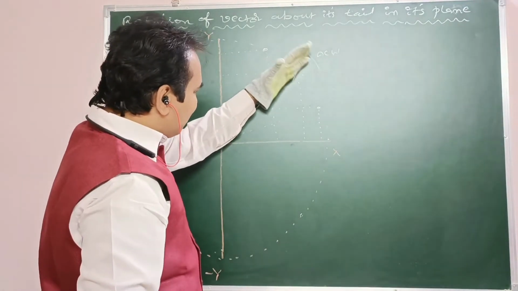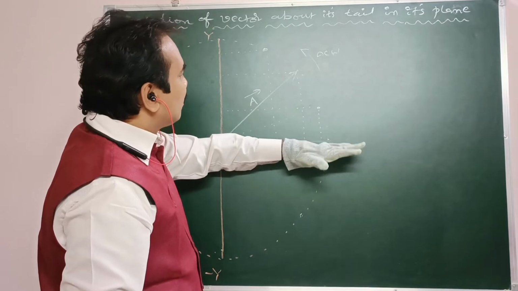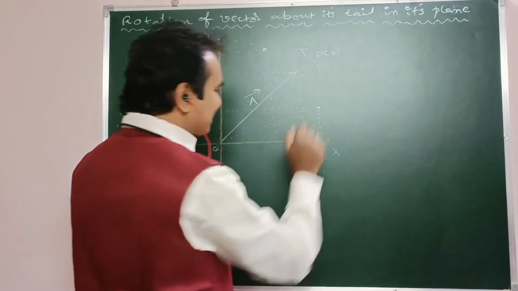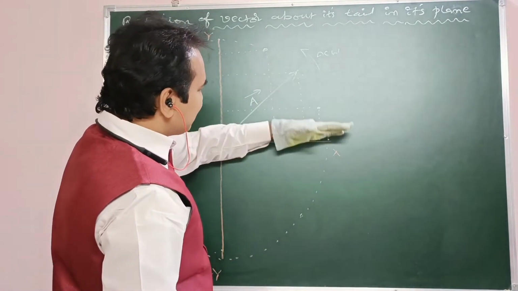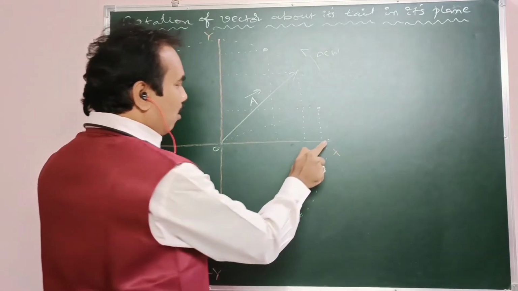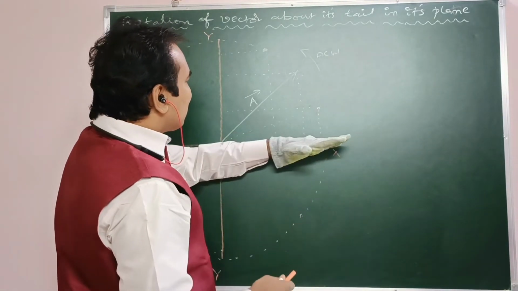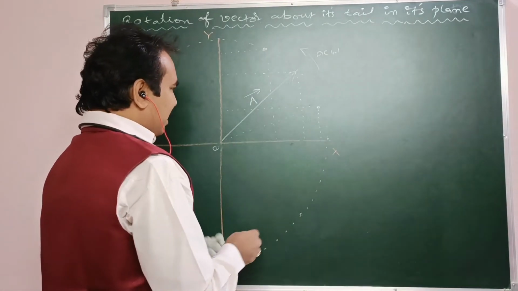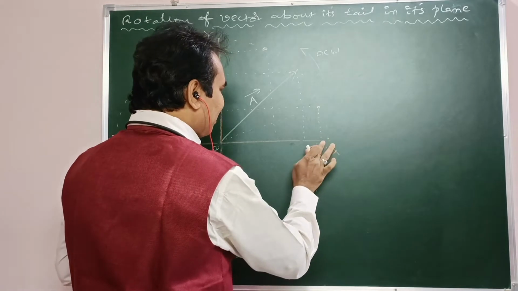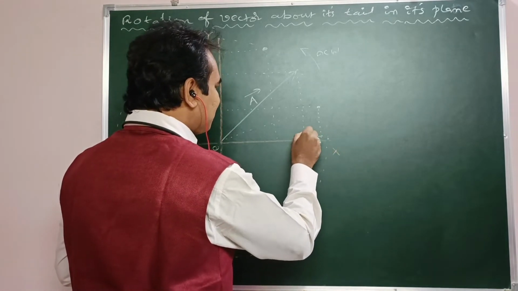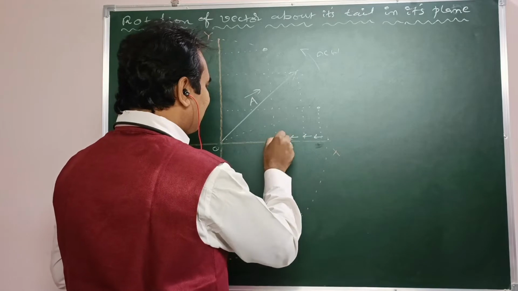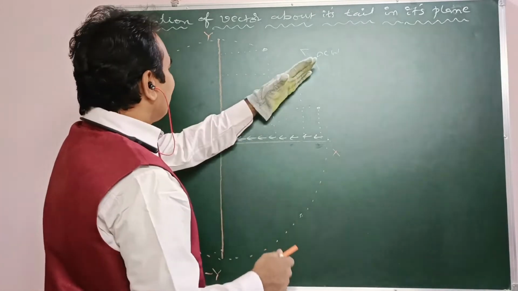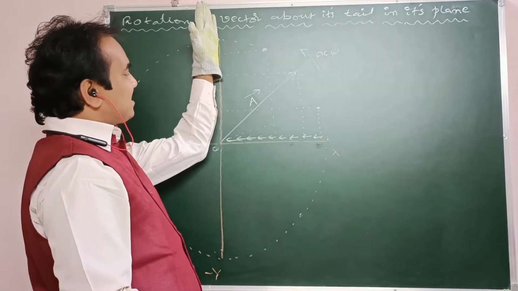The same vector is initially pointing along the x-axis, for example. The same vector is aligned with the x-axis like that. Now this is the tip of the vector. As it rotates from the positive x-axis toward the positive y-axis, what happens? The x coordinate decreases, decreases, decreases, and finally when the vector aligns with the positive y-axis, what happens?